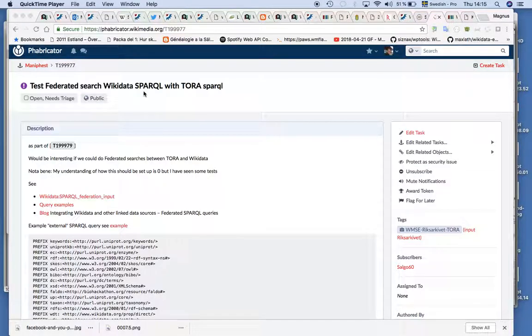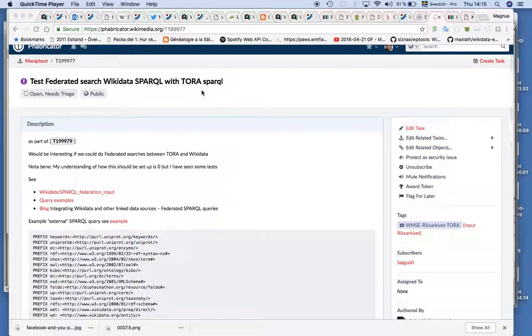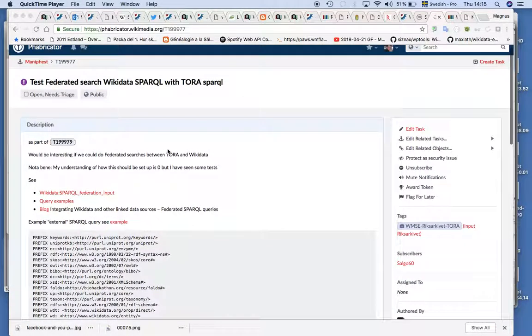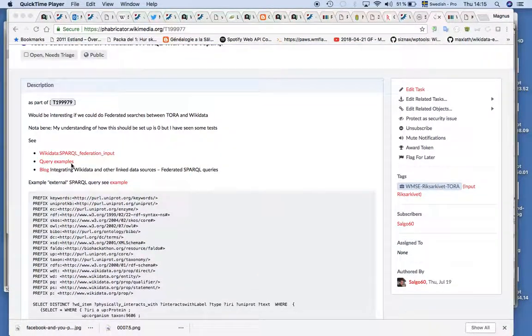We're looking into Wikidata and a project called Tora that is a linked data project. But we also have a library in Sweden, KB, who has a system Libris XL, which is of interest because it's also a linked data project. So what we would like to do is what we have here, for example, is that